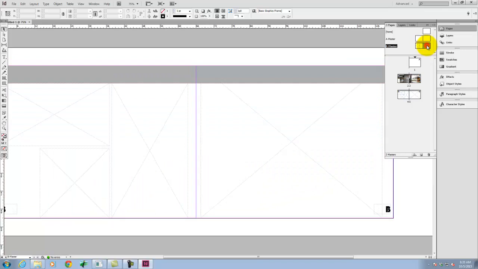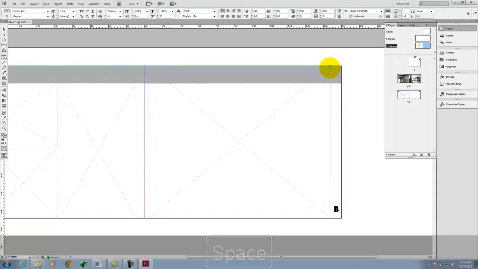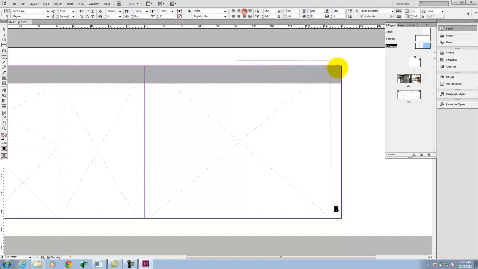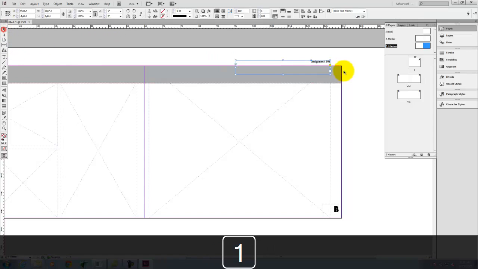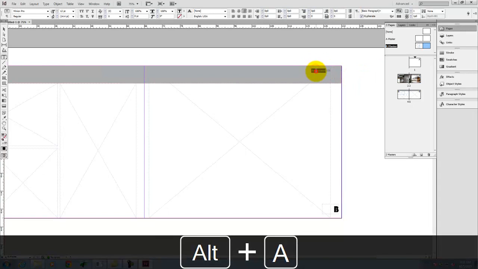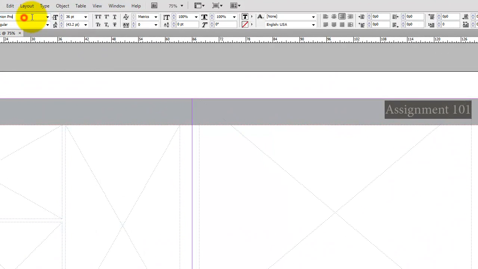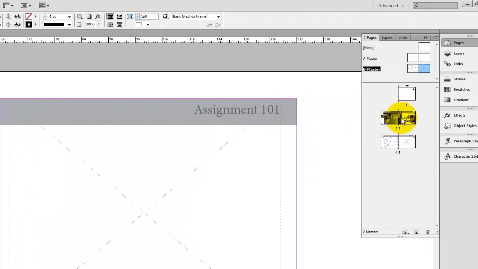Because let's say that I come here and I want to put some title text in this gray bar. Let me go ahead and create a text box, for example, something like this. So let's say it's assignment 101. Move this down a little bit. This has to be much bigger. Maybe not quite that big. We'll leave it as that right now. So if I say that that's assignment 101, for example, on the master, then every page,